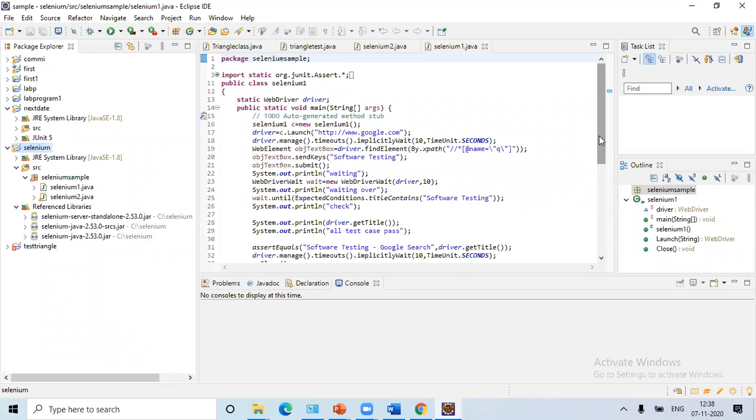Try to do that, and add whatever activities you need to do here. Simply it can't do it, right? So we'll check whether it is doing properly or whether any exceptions are coming. For today, we'll simply do google.com with software testing as the input, see whether I am able to display the results or not, and then close it. Okay, so that is the purpose of what I am doing now.